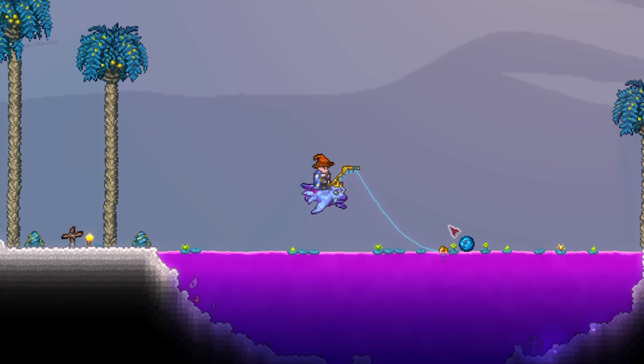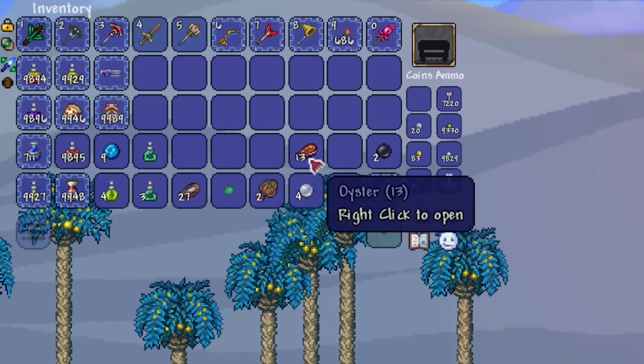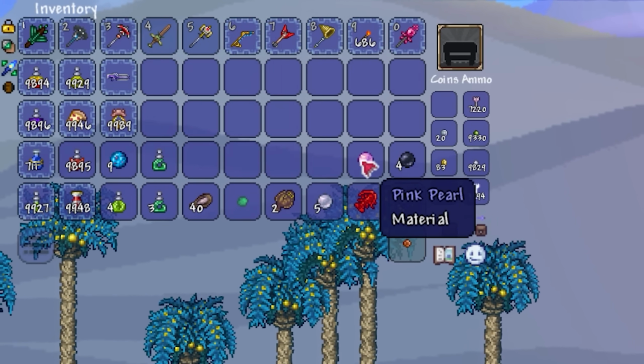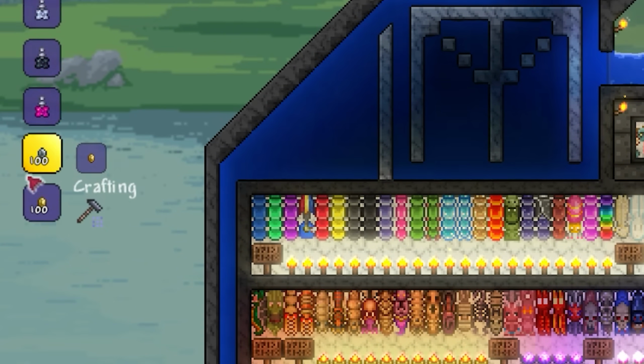Unfortunately for us, we're going to need to first obtain some pink pearls from fishing oysters in your oasis biome. Oysters themselves aren't particularly rare, but with a pink pearl having a 1 in 75 drop rate, you may be here quite a while. With your pearls obtained, you're going to want to first brew a greater luck potion with an additional water leaf and ladybug,